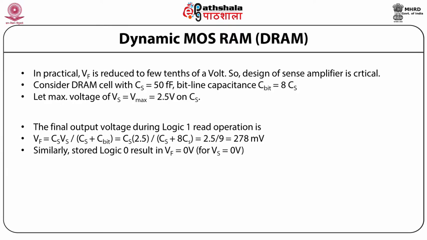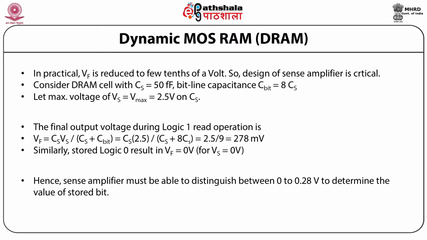Putting the value of Cs and the value of Vs, we get this equal to 278 millivolts. Similarly, stored logic 0 results in Vf equal to 0 volts for Vs equal to 0 volts. Hence, the sense amplifier must be able to distinguish between 0 and 0.8 volts to determine the value of the